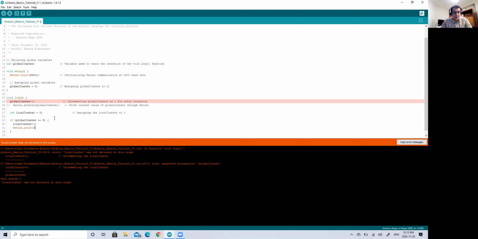If you make a mistake, especially in serial commands, it will not change color. So let's say I do a typo and go NL instead of LN. You can see the color did not change. Those are visual ways you can know if you made a mistake or not. And then we can just go local counter and press that. So once again, let's not forget our comments. So incrementing local counter